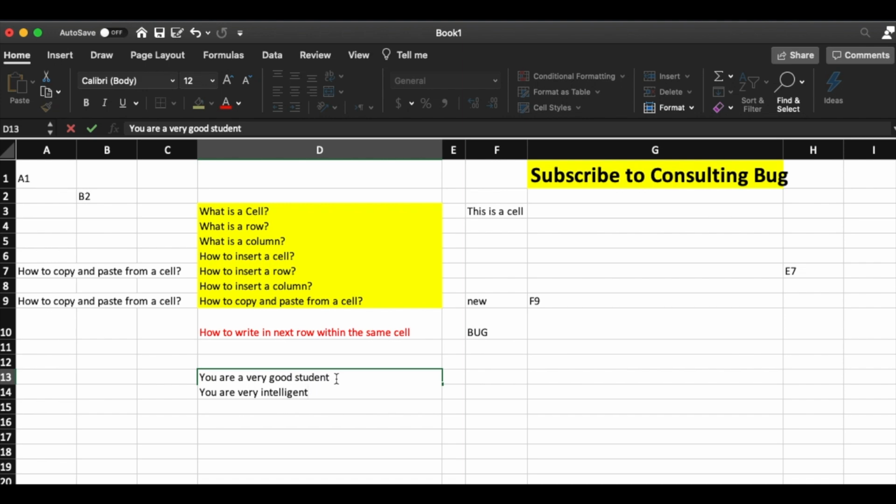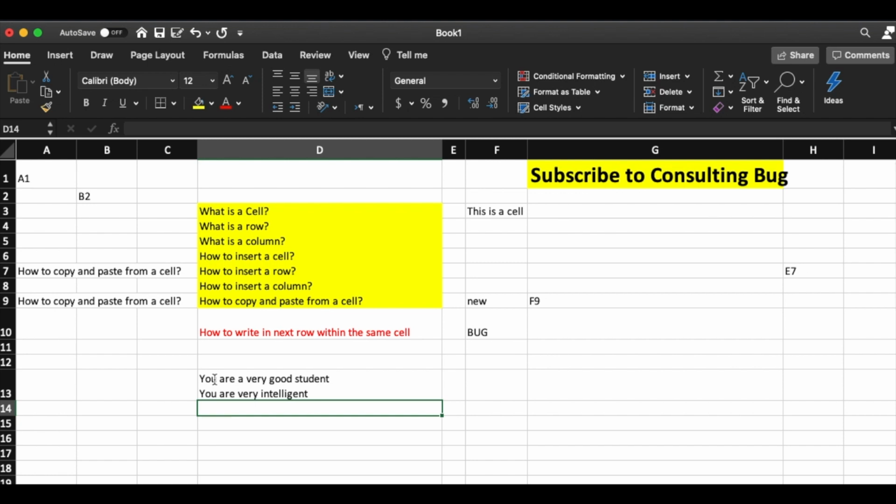Okay, so now if you check this cell, these are two different sentences written in one cell, but in the next line or next row within the same cell. So for this you have to use Alt plus Enter. So this is how you can adjust your text within the same cell.